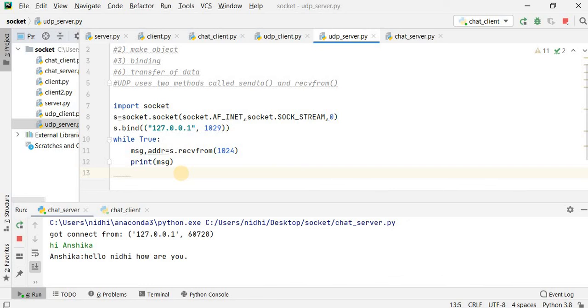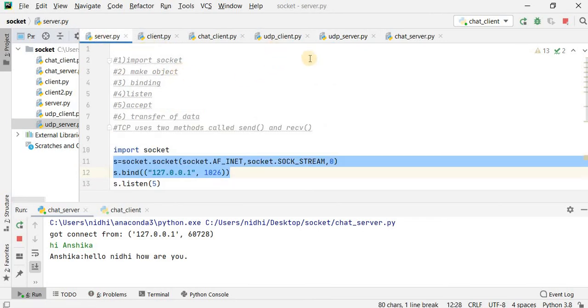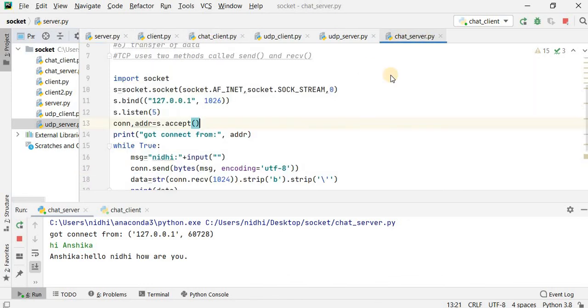Suppose the server wants to send some message back, then it has to send data. I copy the same thing from the UDP chat server.